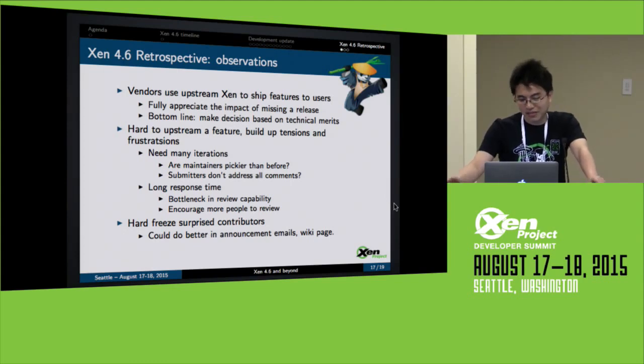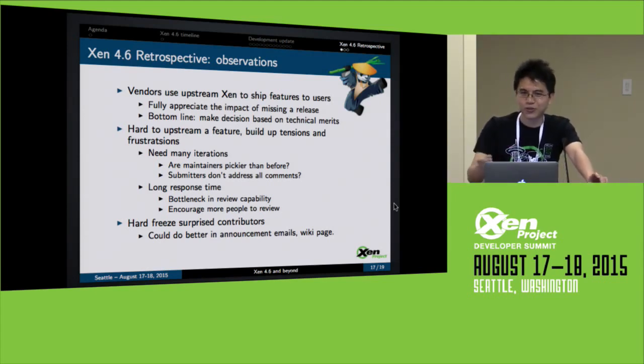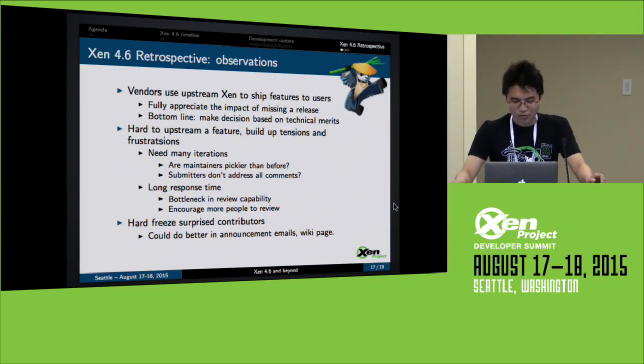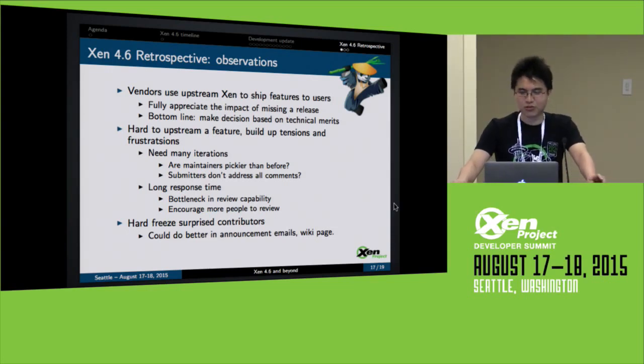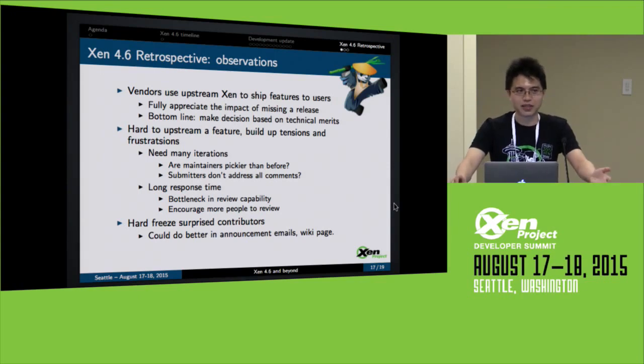It could be that our maintainers are being pickier than before, or more argumentative, arguing over very small things like coding style and how we do certain things, bikeshedding too much. Or submitters just don't address all comments, they keep ignoring comments, and I don't know why. Or it could be both.